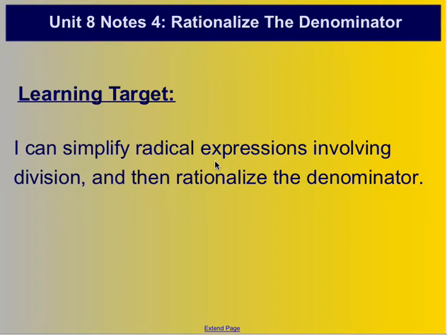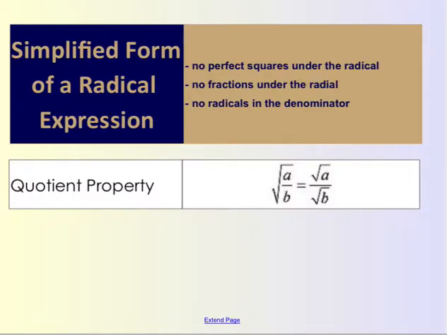Today we're going to be doing Unit 8, Notes 4, so we're talking about rationalizing the denominator. So what is rationalizing the denominator, and why do we have to do that? Well, if you remember when we talked about a simplified form of a radical expression, there were no perfect squares underneath that radical. That also meant that there were no fractions underneath that radical and no radicals in the denominator. So we're going to go ahead and work so that there are no radicals in